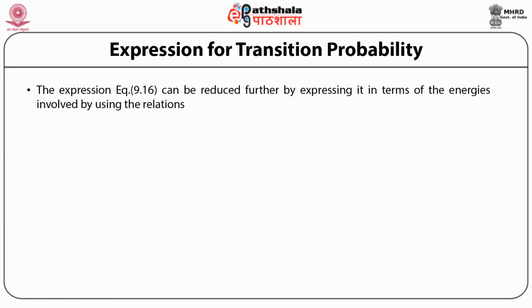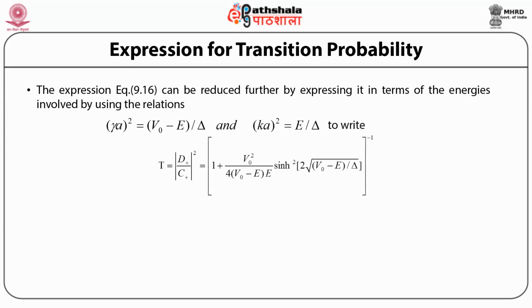The expression given by equation 16 can be reduced further by expressing it in terms of energies involved, by using the relations: square of gamma a is equal to (V naught minus E) divided by delta, and square of k a is equal to E divided by delta, to write T is equal to square of modulus D plus by C plus, which is equal to the inverse of 1 plus V naught square divided by 4 times V naught minus E into